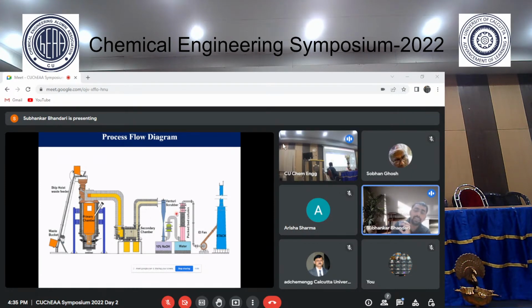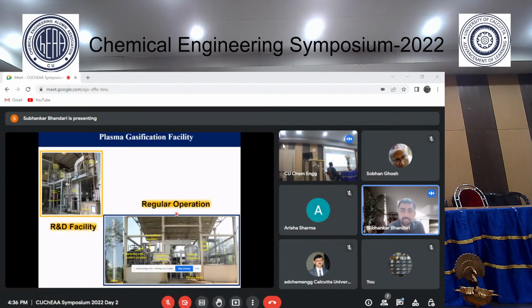After the quencher from the Venturi, we pass the gas to a demister. Here we use sodium hydroxide solution. The sodium hydroxide droplets are knocked out by the demister, and then the gas is passed to the packed bed column where water is used as the scrubbing liquid. All the residual water soluble gases are removed in the packed bed column, and finally it is released. The totally environmentally benign gas is released through a 30-meter stack with the help of an ID fan.